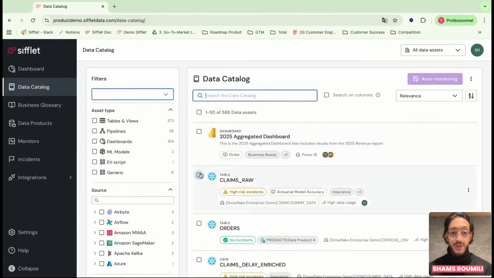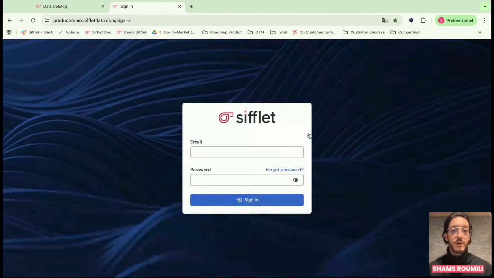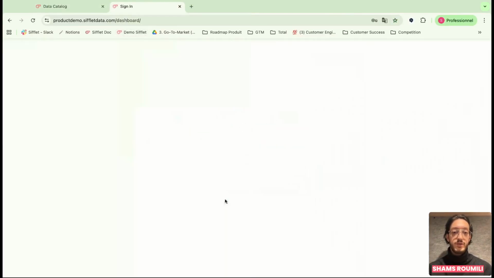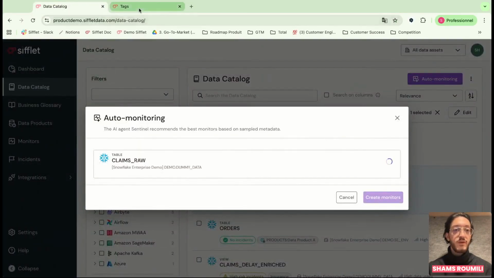Another way is via our AI agent, that basically scans the metadata from the table and is going to suggest a monitoring strategy based on some sample of data and the table and columns metadata. So it takes a bit of time to run. I'm going to reopen another tab in the meantime. And so this is really helpful if you're integrating new tables to have a first idea of what could be